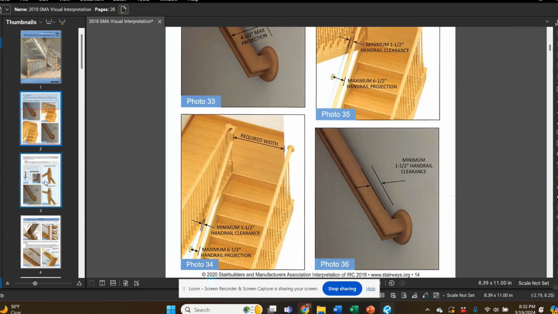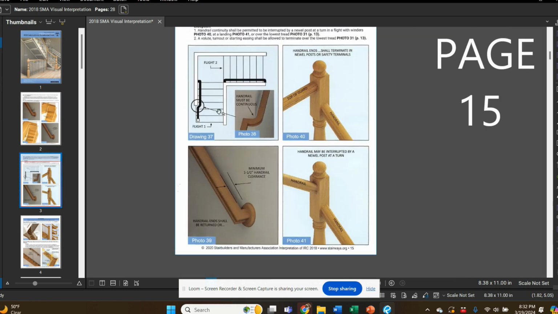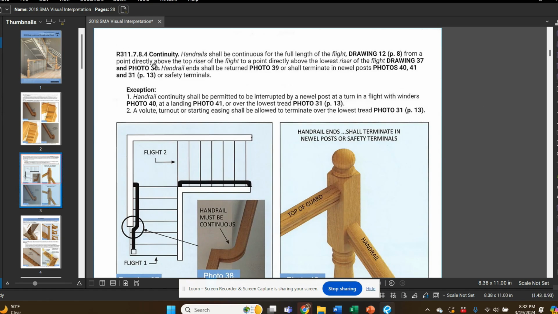Let's talk about continuity and why handrails are judged a little bit differently. So what does continuity mean? You can see up here, these numbers come from the IRC, the International Residential Code, and R311.7.8.4 is a section where you would find these words. So if you're ever dealing with an inspector, they can open up their IRC and they would find these exact